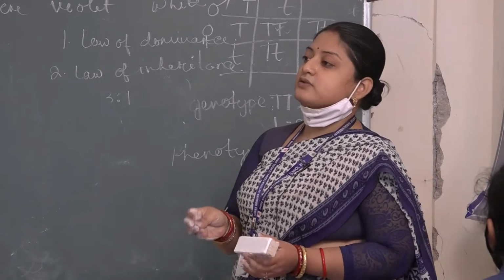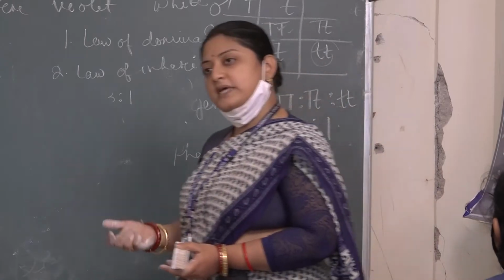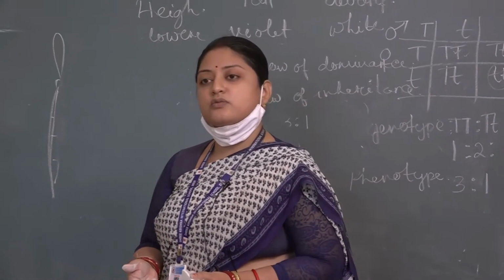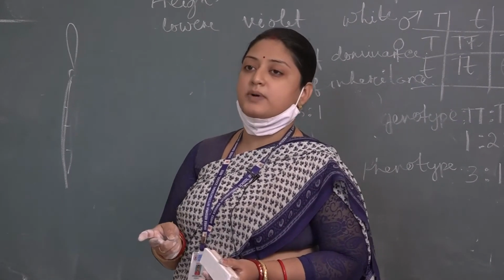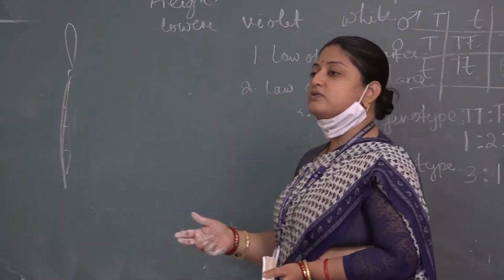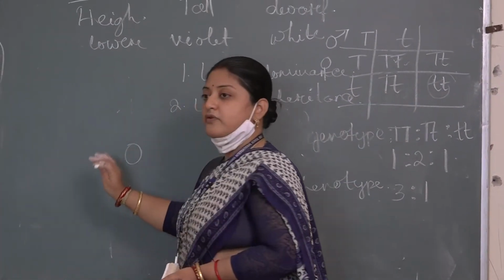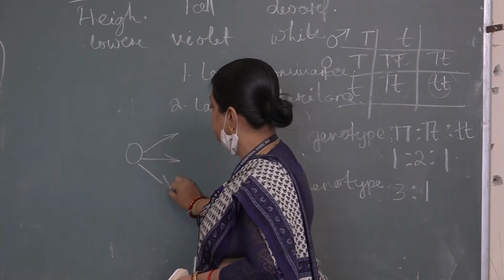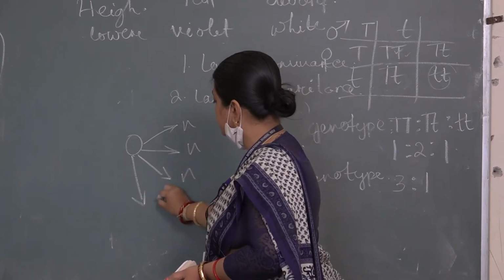The parent cell is going to be divided into two equal halves, that is, the cytoplasm will also get divided along with the nucleus, and the chromosomes are also going to be reproduced, or doubled. That is known as your equational division. Whereas in meiotic division, from a single cell 4 cells will be produced, and each of the cells will have a haploid set of chromosomes.